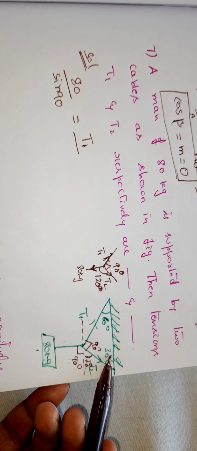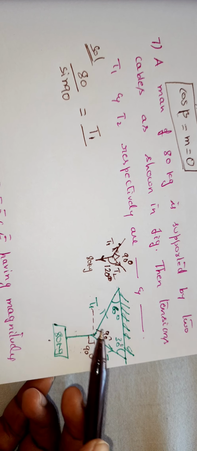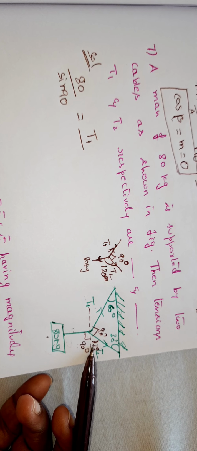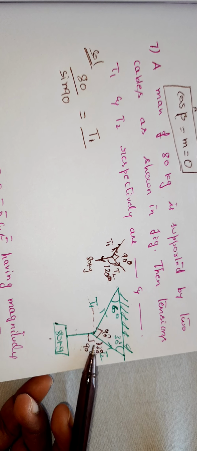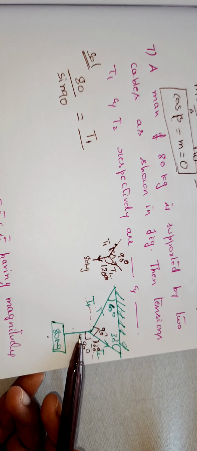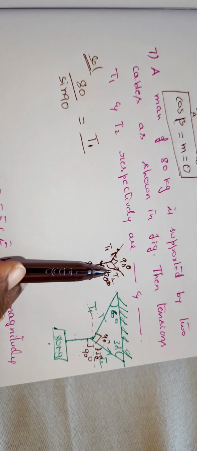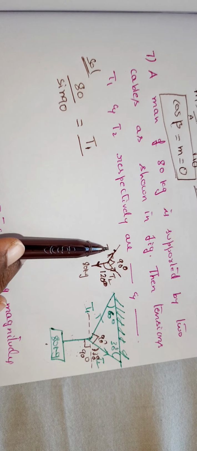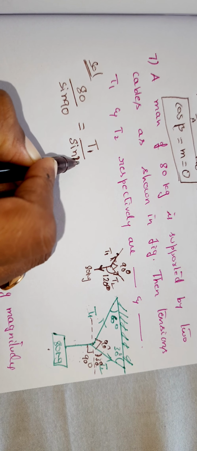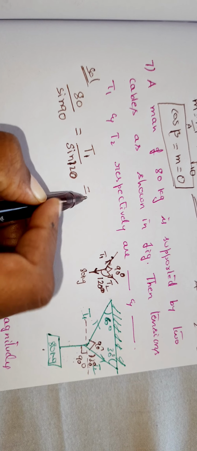So you need to visualize where and what is given here. When you know this as 30, if you draw a line parallel to this, then this is an alternate angle. You have 30 degrees here. And this is with the vertical, the horizontal always makes 90 degrees. So 90 plus 30 is the total angle between the weight and tension T2. So between T2 and weight, it is 120 degrees opposite to T1. So that is sine 120. Now the last part of Lami's theorem.